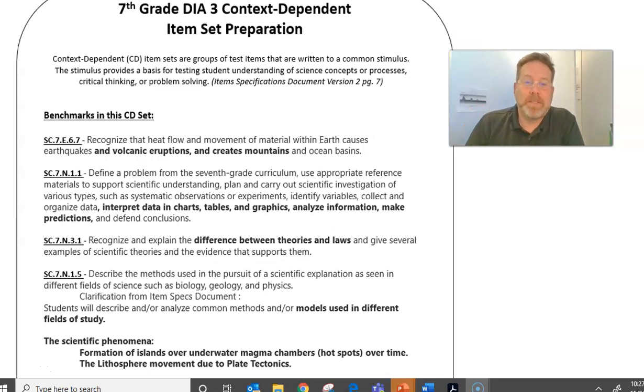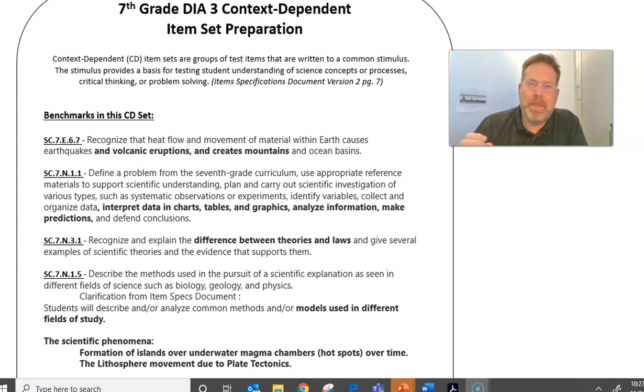I wanted to go over some information about the 7th grade DIA3 context-dependent item sets that's coming up. I want to help you prepare your students for this type of questioning. If you're not familiar with this, and the training probably has already gone over this, but just to make sure